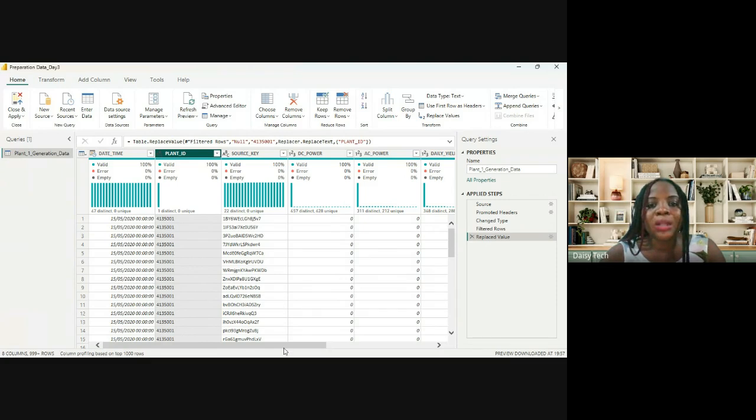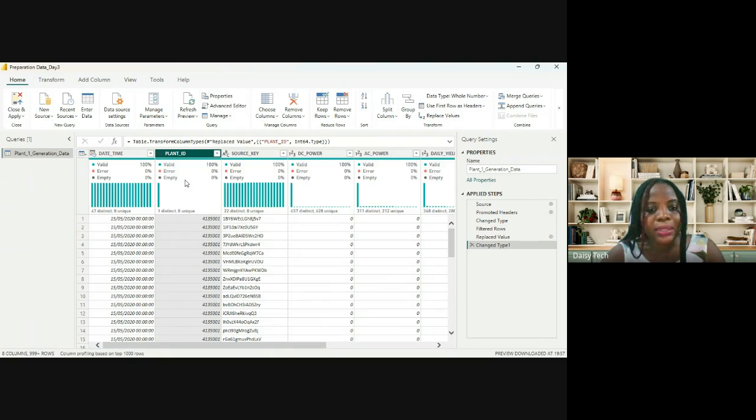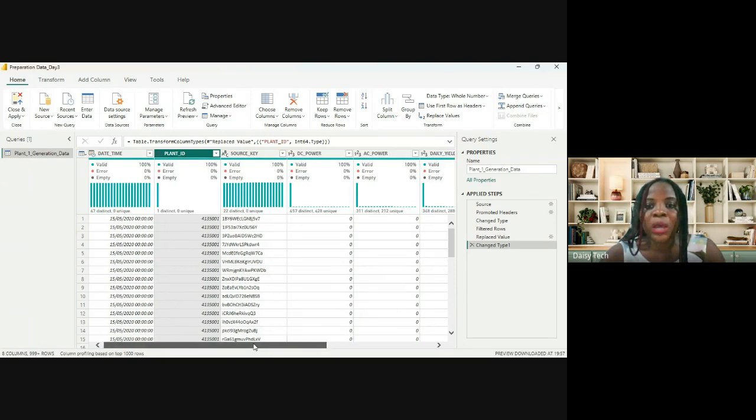So what next do we need to do? We need to change the data type. It's not ABC because there's a null, that's why we call it ABC. So we need to change it to a whole number. We are cleaning our data set. Another thing we are doing is